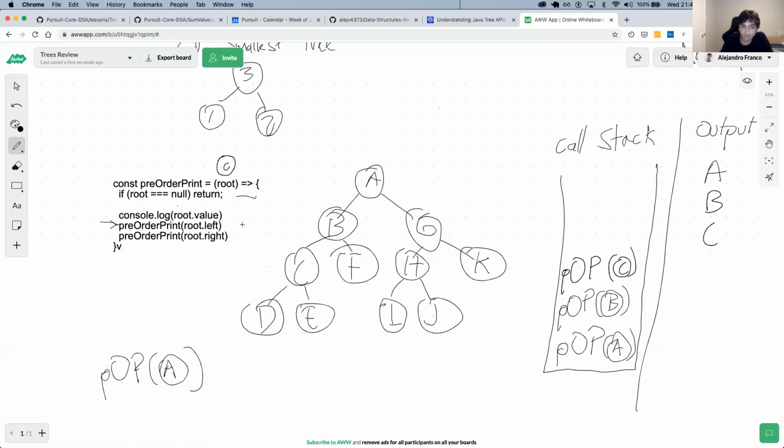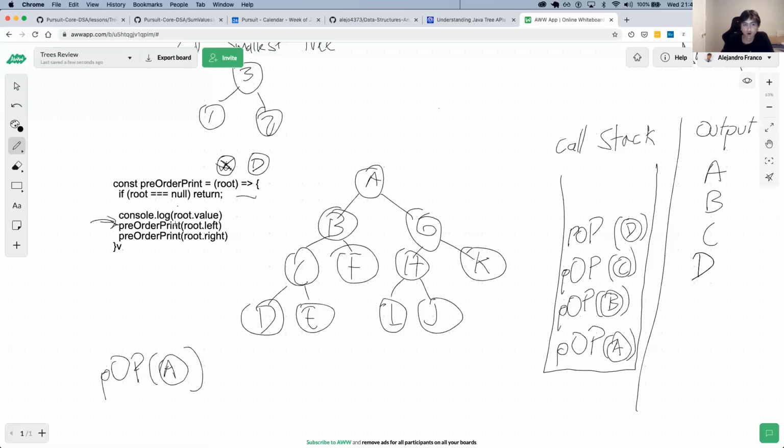We console log C, and then we go on again to this line, pre-order print with the left side of C. Now what that does is add something else to our call stack, with the left of C, which is D. Right, and now this node here is no longer C, it is D. That's not null. We console log the value, which is D.